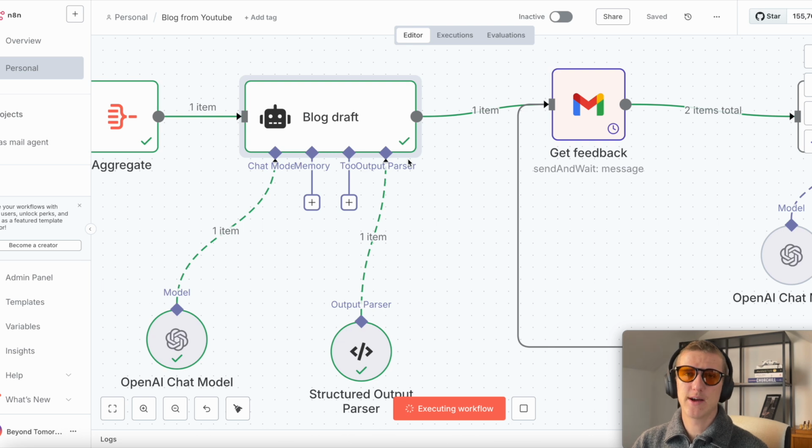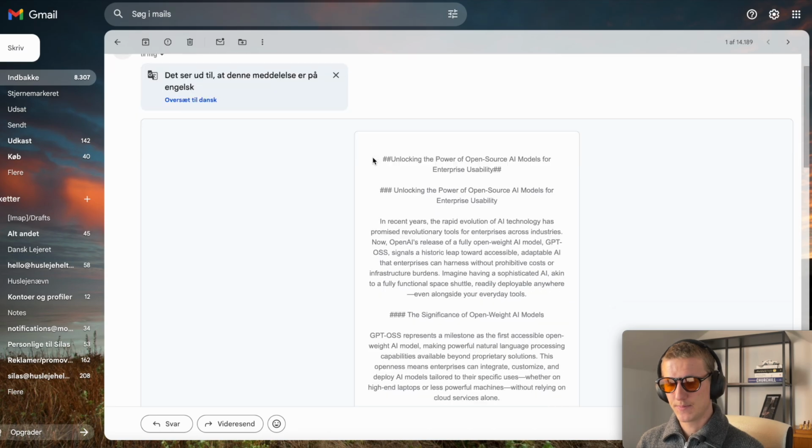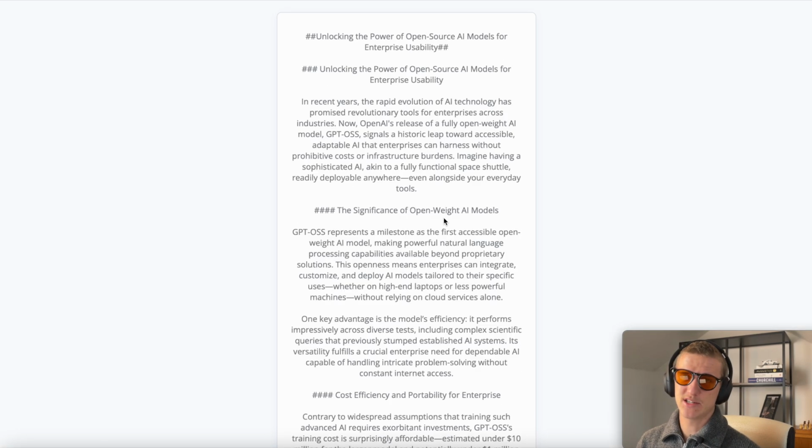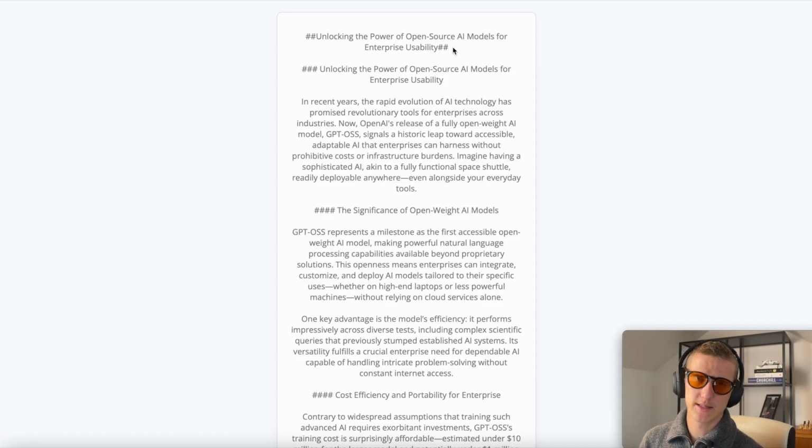After the blog is drafted, we get a feedback note. I get an email where I can check if this is approved. So, unlocking the power of open source models for enterprise usability. If I were to deploy this, I would fine-tune the prompt a bit more so they don't just take my words exactly, but maybe get some creativity in there, or maybe even more agents working together. But just for the example, we're going to approve this one